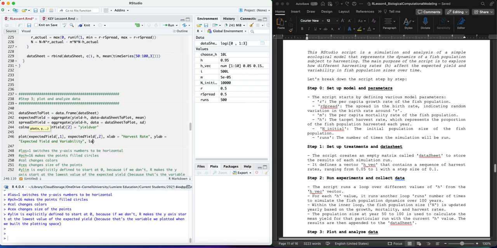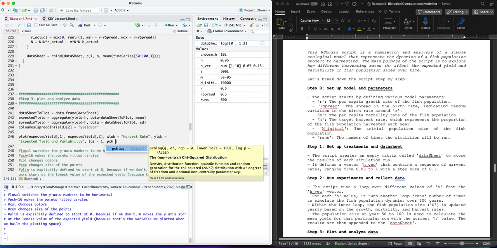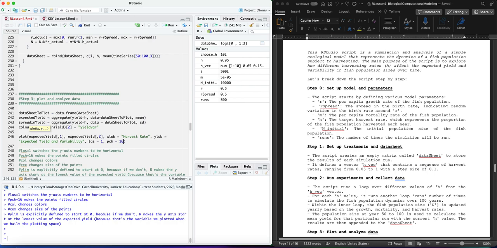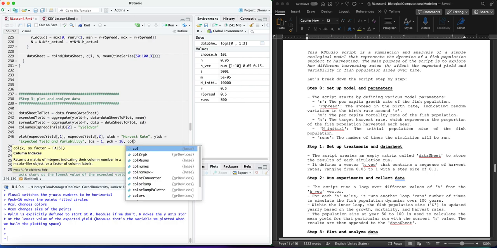And then las, this is just like how big do I want my window. I just want it normal. pch 16, so this is how big do I want my data points. I want my color to be